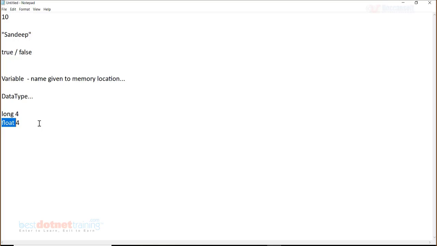Can I have a string divided by 2? Obviously this is going to be an error, and for languages like C or C#, it is going to be a compilation error. A string cannot be divided by a number, and when I say a string cannot be divided by a number, am I using data types here? Am I using rules based on data type here? Yes.